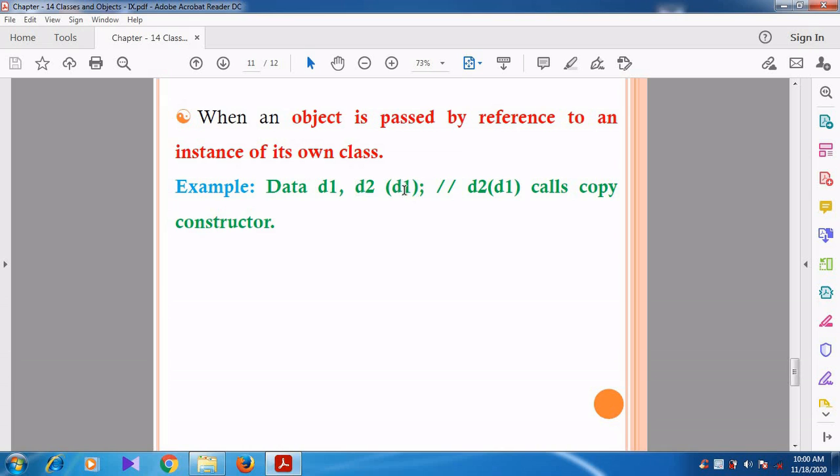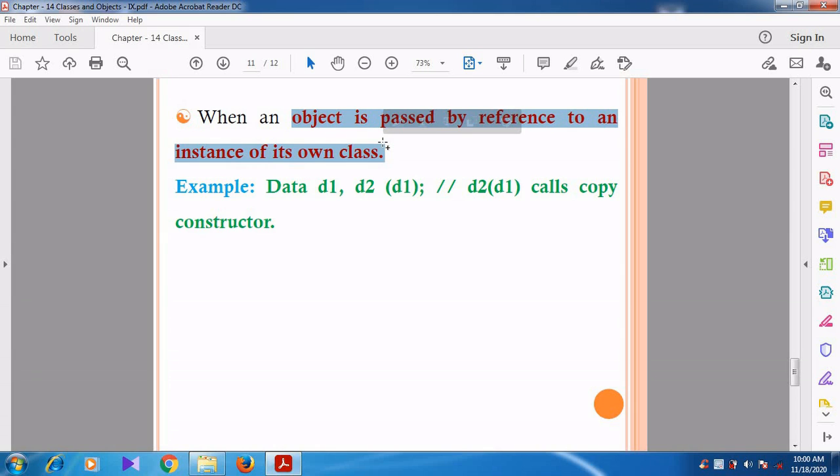So here D1 is the object. D1 is passed as a reference to the another object D2. So here the object is passed by reference.